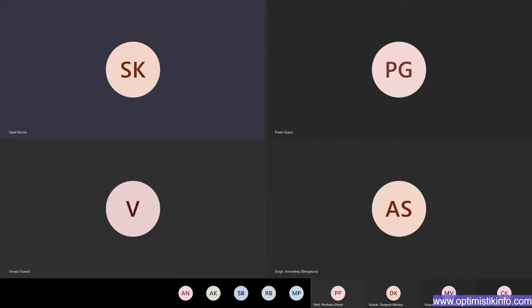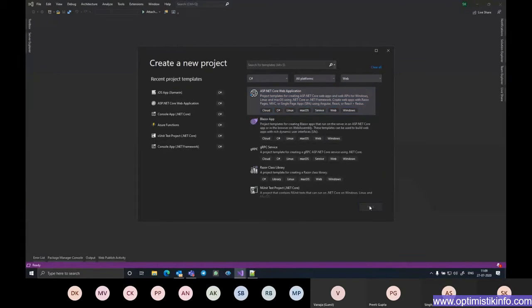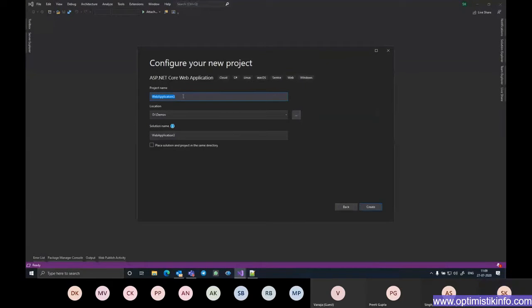Specific to the web application development, I select ASP.NET Core Web Application. Click Next. Give the name for this project. We'll call this DNC for .NET Core demo CRUD using